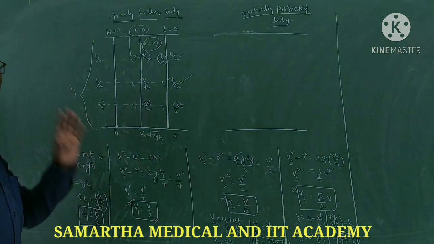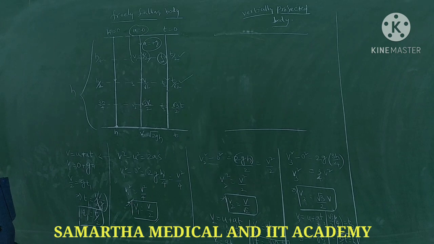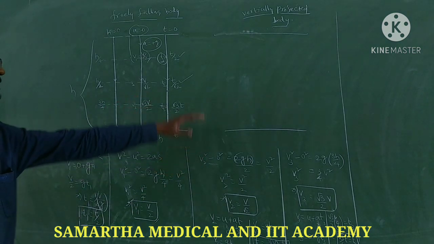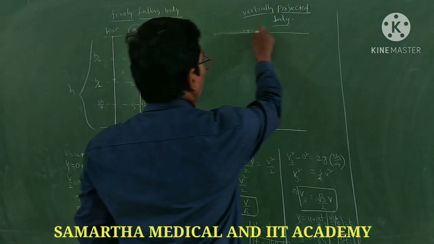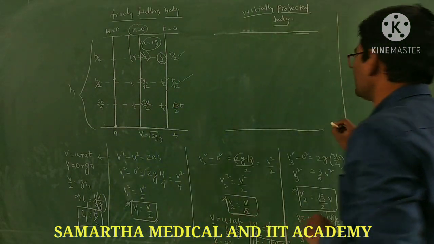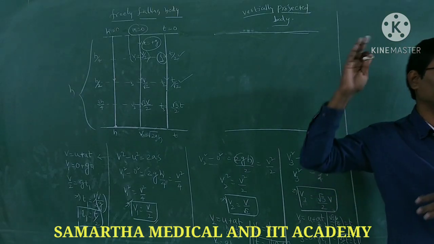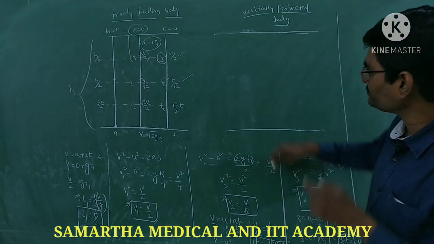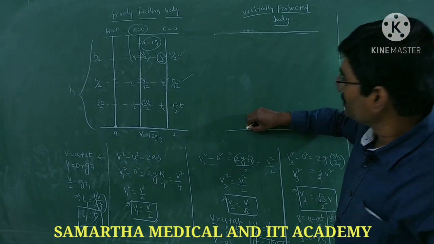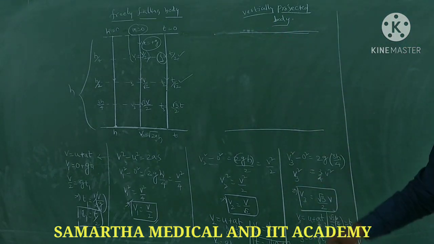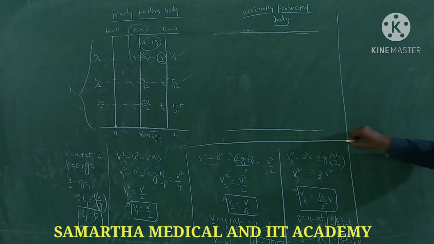Okay, here you can have one important point. First you finish this, next we will see for vertically projected body. So while discussing this vertically projected body, you will have that clarity. Based on that point we can decide the answer directly. See here. Shall we go for next, vertically projected body? Side by side it should be diagrams so that you can understand easily. Make it fast.